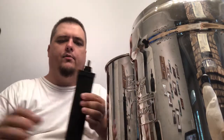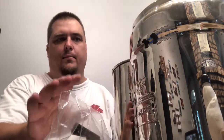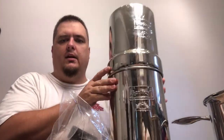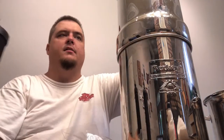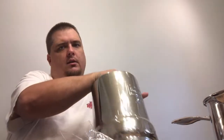Well, after I got it home, I realized that the other two filters, while they're the same brand, weren't for this thing, and so I don't know what they were for. And this piece is used, not new, but it does have all the parts it needs. So what it does is this can sits on top of here. So then that's what it looks like. This is the lid. And then obviously this spout goes in that hole, and this black handle goes on top of here. You take the filter and you stick it through the hole in the bottom, and you tighten that wing nut on there,